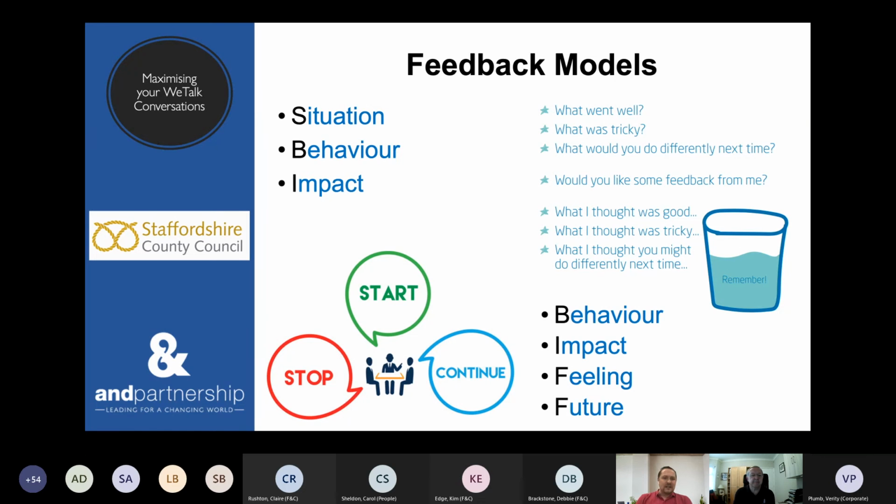And then another one, which I use actually as a really good action planning one when I've given feedback, is the traffic light model. So this is about stop, start, continue. This is what I want you to stop doing, start doing, and continue doing. So feel free to use any of those. You may have some more. You might not even want to use a feedback model, but they can be handy.